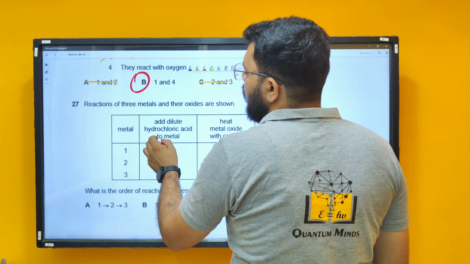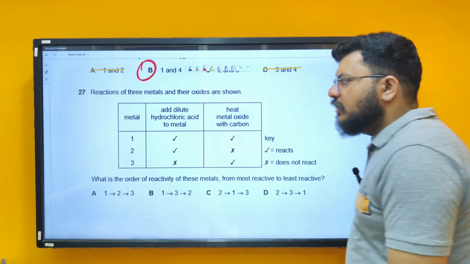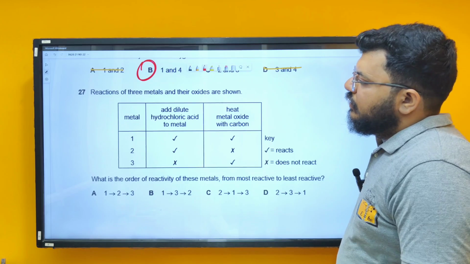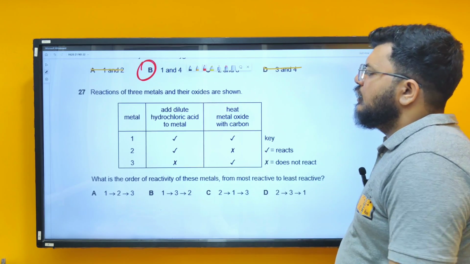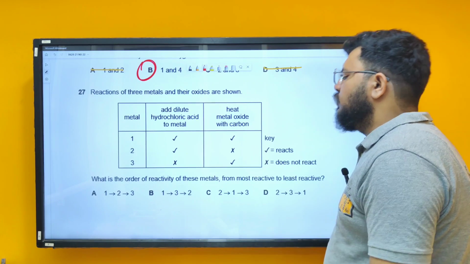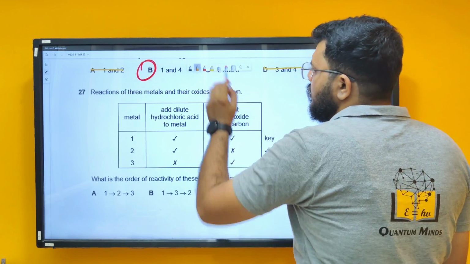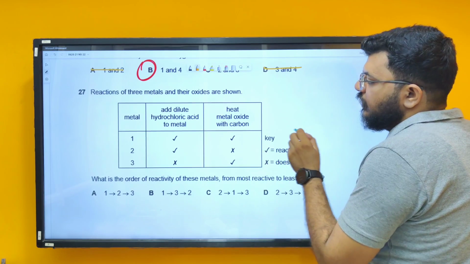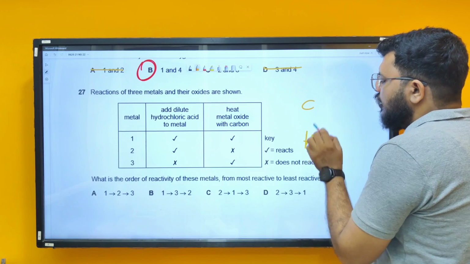Question number 27. Reactions of 3 metals and their oxides are shown. Metal 1, 2, 3: add dilute hydrochloric acid to the metal, heat metal oxide with carbon. What is the order of reactivity of these metals from most reactive to least reactive? Now for this, what I will do is keep carbon and hydrogen and try to make a